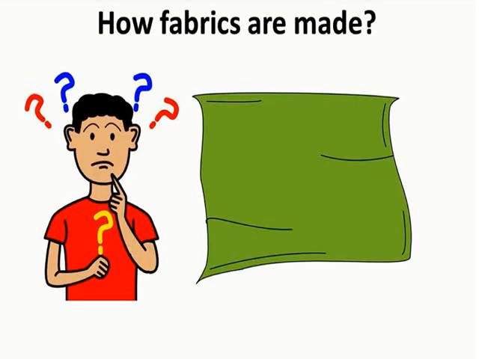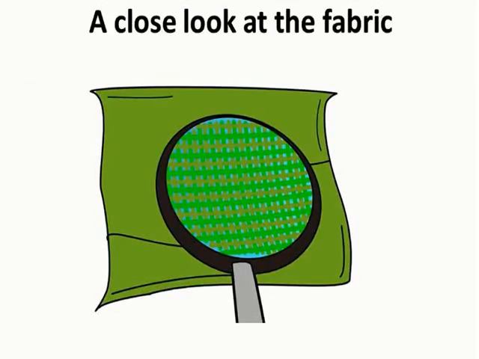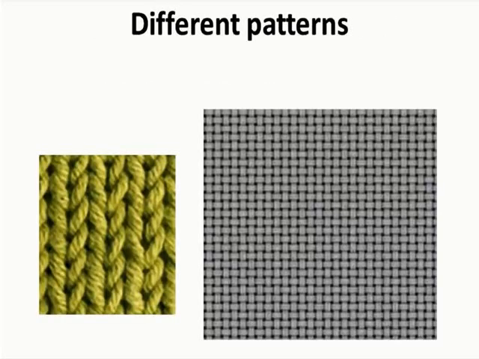Let us understand how fabrics are made in general. From far, a fabric seems a continuous piece of cloth. But if we observe it very closely or we see it through a magnifying glass, we would see that there are many strings overlapping each other and there is a continuous fixed pattern to it. The various strings may be crisscrossing each other or they may also be seen in the form of loops. This type of arrangement is to be done to keep the fabric firmly together in the form of a cloth.